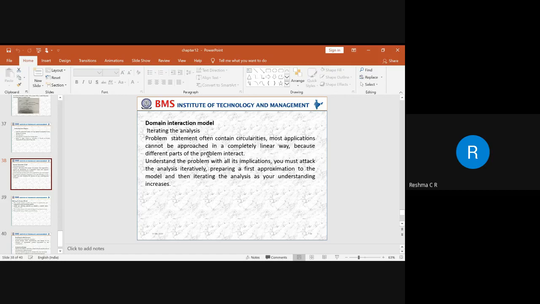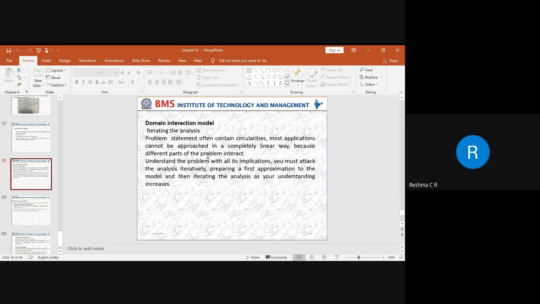If we are identifying the problem in terms of different parts, how can we interact with that particular problem with respect to a particular application? That means a problem may be divided into sub-modules, right? Whatever sub-modules we have divided with respect to a particular application, how can we integrate them later? Whether it is in a linear way or not, that has to be identified.